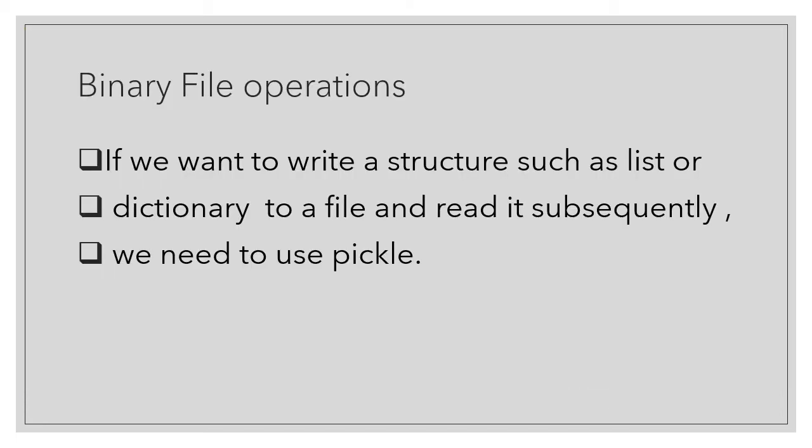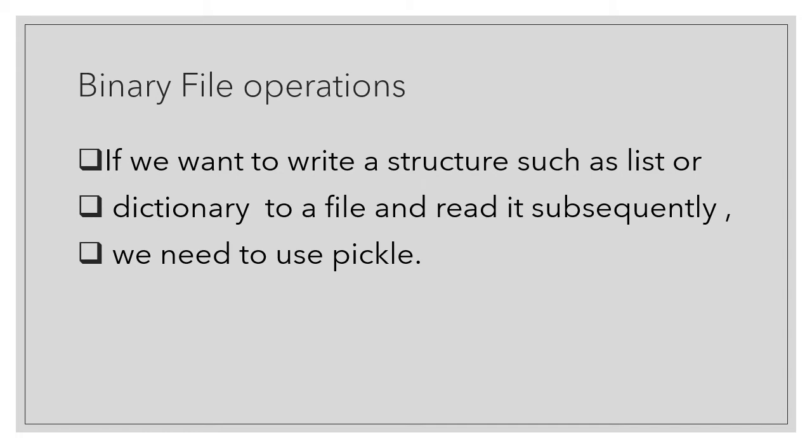Next one is the important thing, binary file operations. What are binary file operations? In the Python language data file handling concept, we have two types of files. One is the text file, another one is the binary file. The text file we already saw, and we have seen some programs of the text file, how we can enter data, how we can get the result, how we can process it. Those things we have learnt. Today we are going to learn about binary file operations.